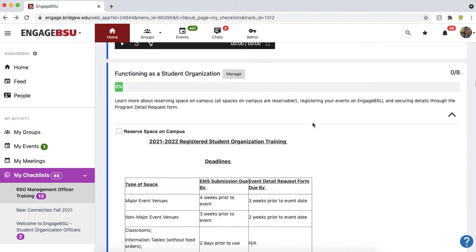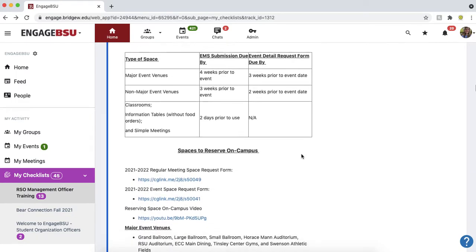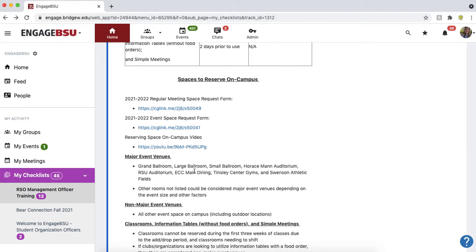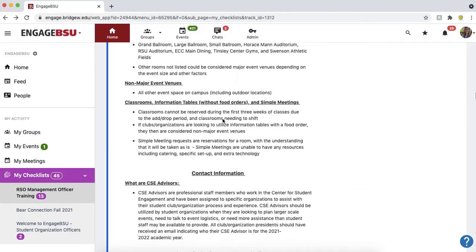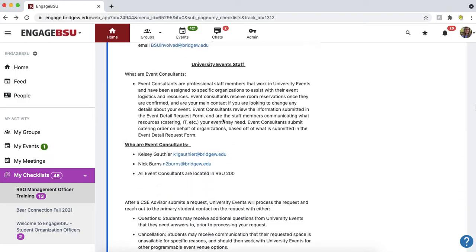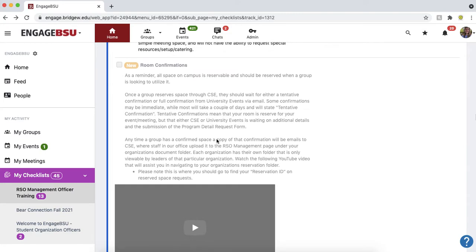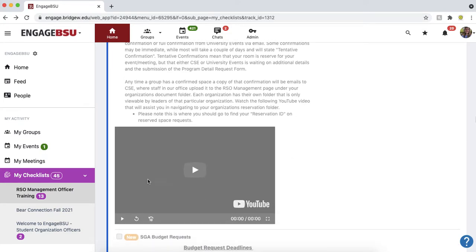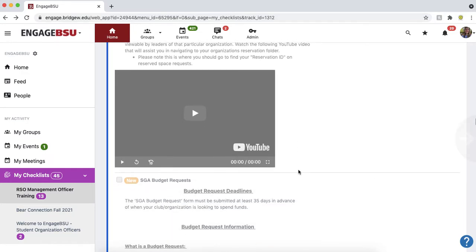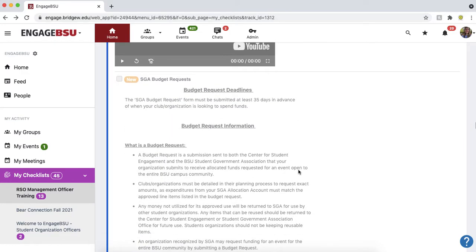So then down to our next section, there's 8 components of functioning as a student organization. Similarly, you're going to scroll on down. You're going to have some information to read. There's some videos right here to watch and helpful links to better understand if you want to look at the forms we're talking about. The next section, we're going to scroll on down a bit more. You'll see here is another required video. This one's required. So once you finish getting there, you'll have access to the next section of training down here